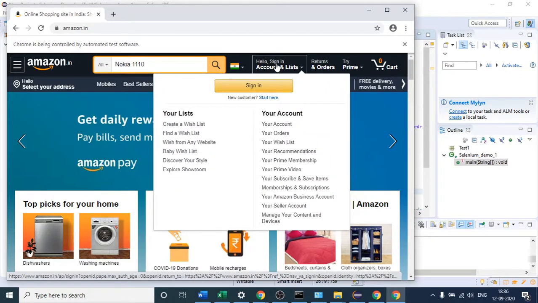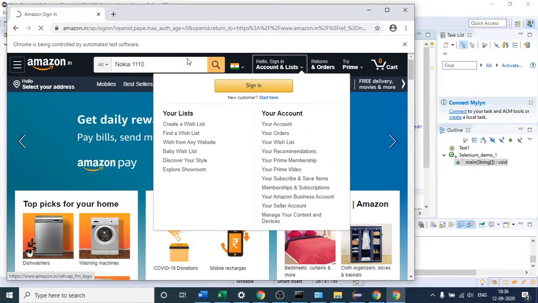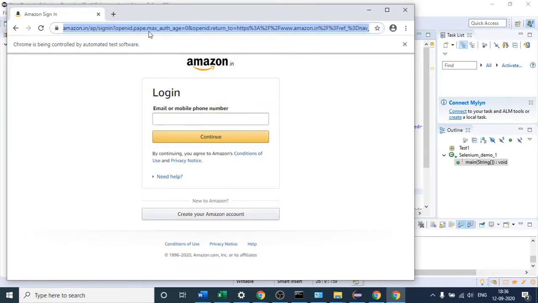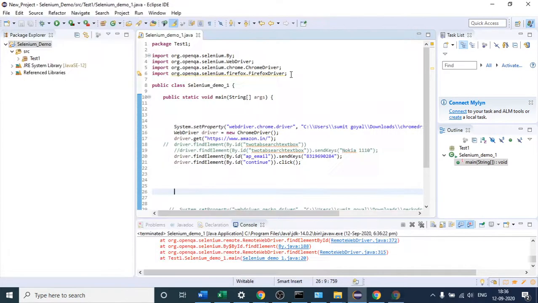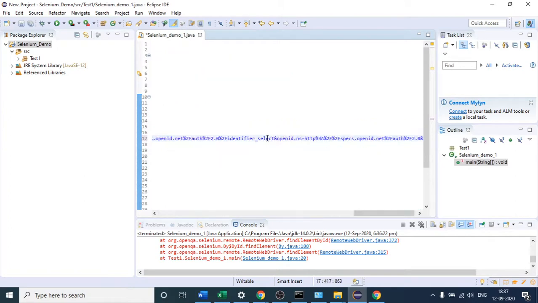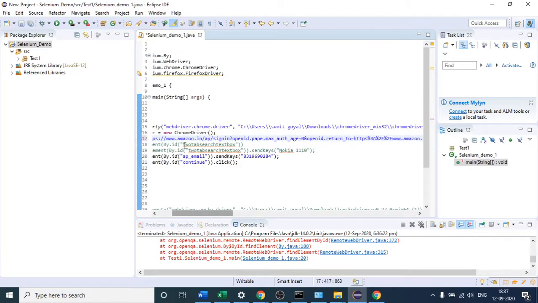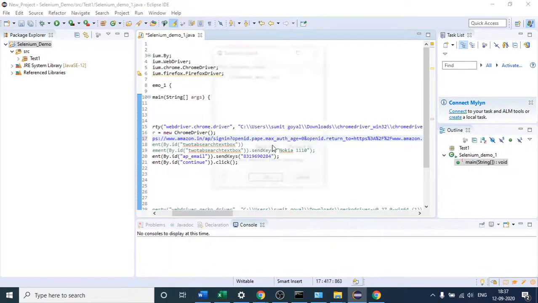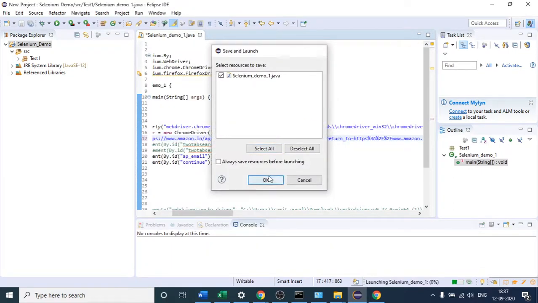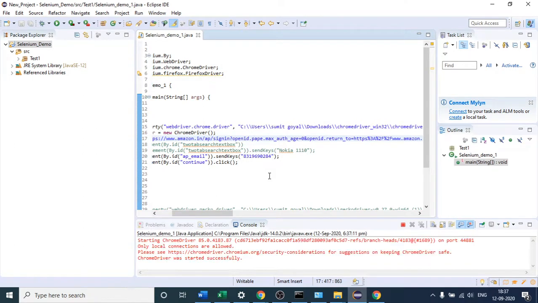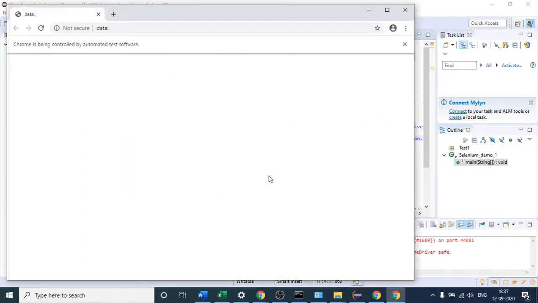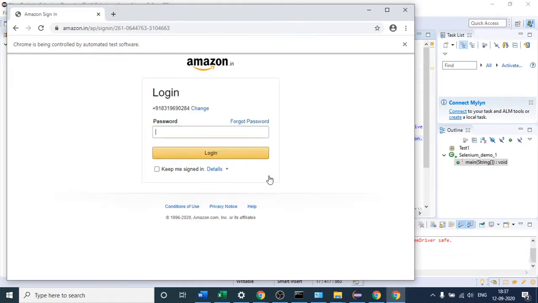First you have to click this just with the id locator, and then you have to navigate to it. As of now I am directly opening this page. I have not provided the link here. This is the reason that it has not redirected me to the correct page. So I have to open this website, this link. Then after that click run, and I will be starting from this sign in page. So it will run again. You can see how fast it is. It has successfully clicked on the continue button as well. Are you able to see how it clicked on the continue button?